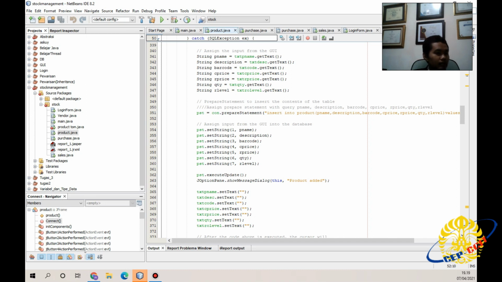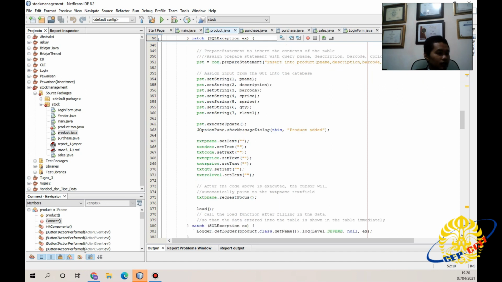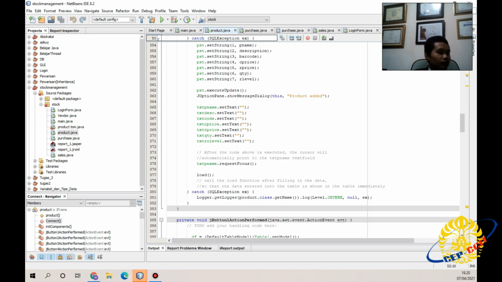Assign the prepared statement with the query pname, description, barcode, cprice, rprice, quantity, and rlevel. This assigns the input from the GUI into the database. Set string pname, description, barcode, cprice, rprice, quantity, rlevel. And then pst.executeUpdate to execute.